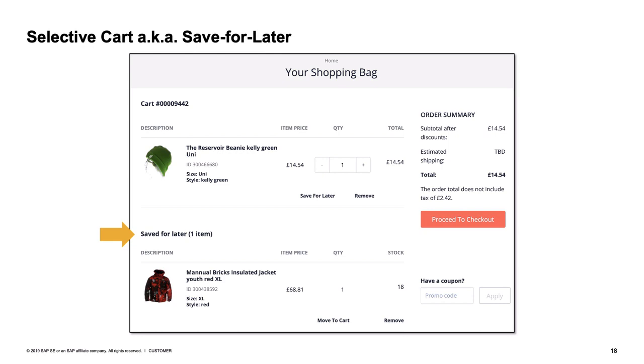Save for later is a really cool feature where when you go to checkout, if you decide that you want to make your purchase, but maybe there's one or two things that you don't want to buy right now, but you don't want to lose them, you can click the Save for Later link, and it creates another wish list that shows up at the bottom, and that way you don't lose or forget about the item. This is a great way to improve conversion. Simple feature, but well executed.